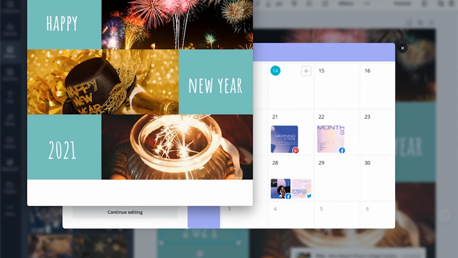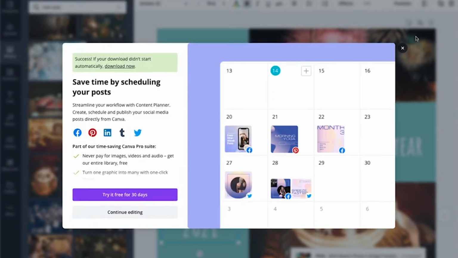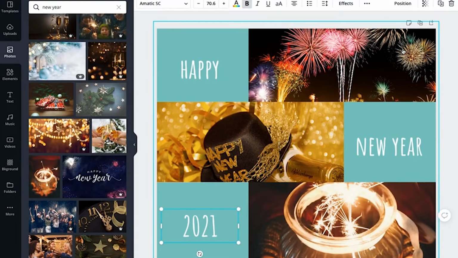Now you can directly go to your Facebook and you can publish this. So that's it, folks. It is so easy to create your own design using Canva.